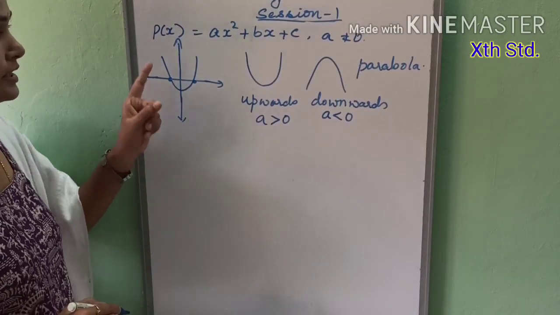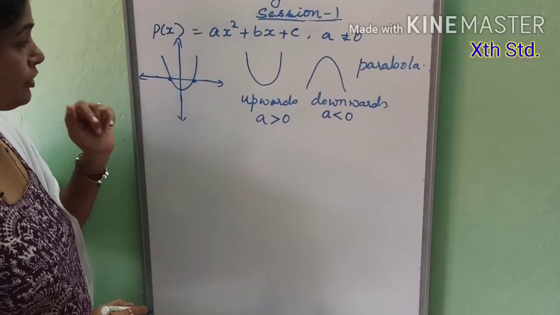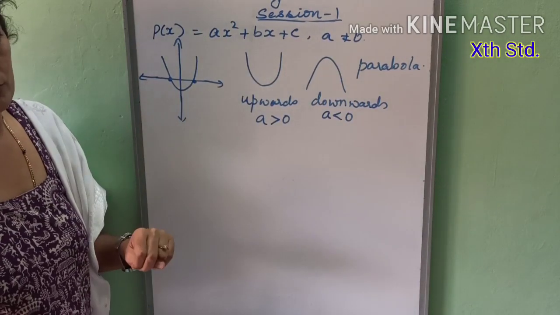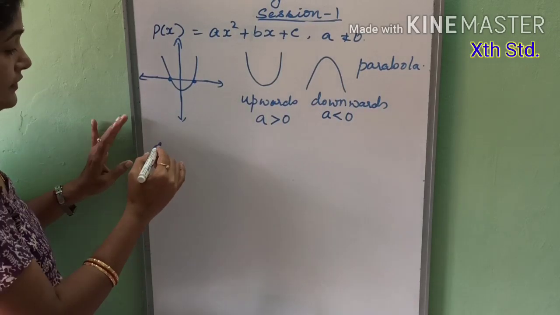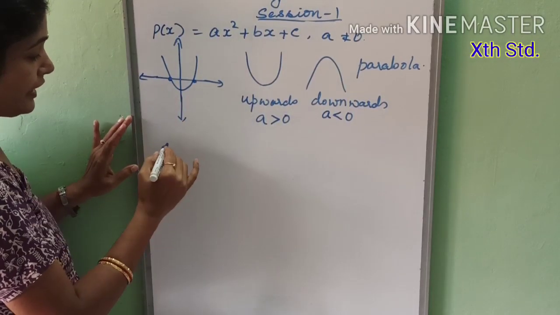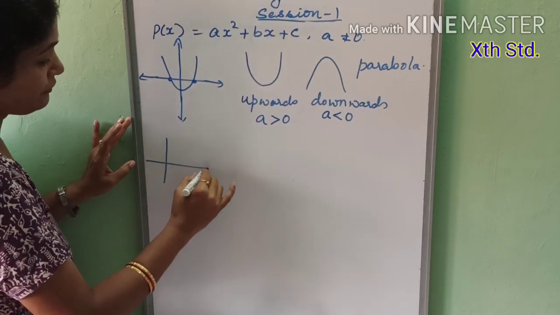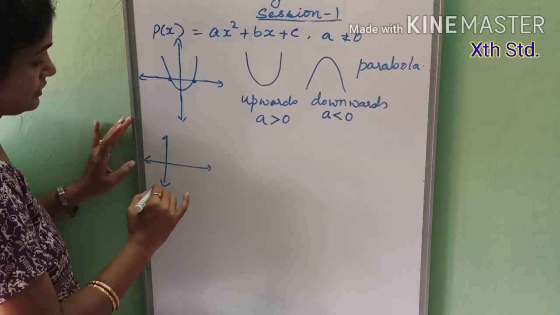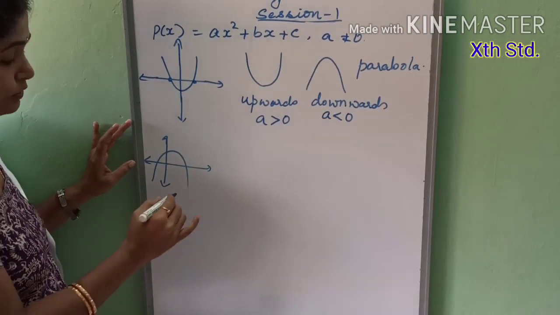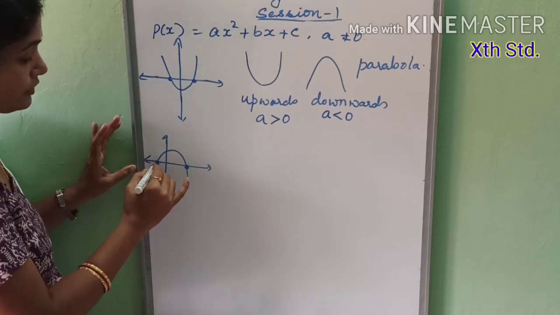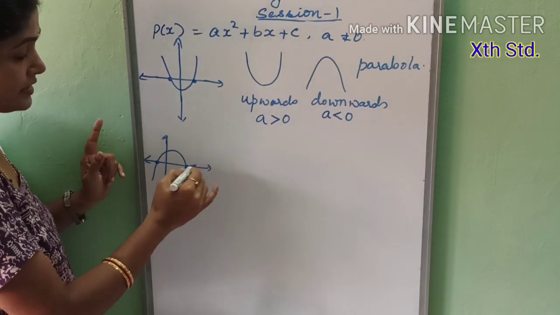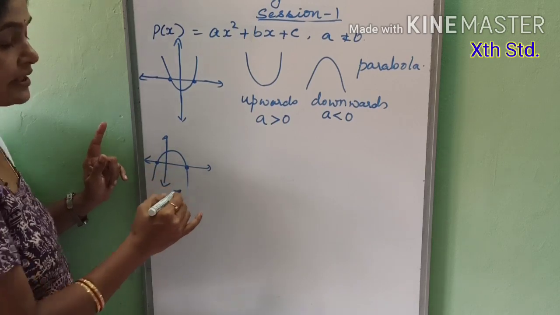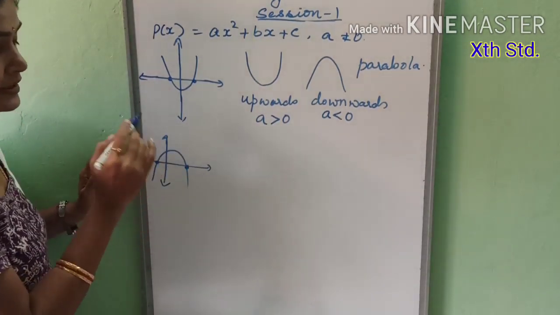So a given quadratic polynomial has two solutions. Sometimes there may be a variety of cases in this. One of these I have shown here. Sometimes the graph may be downward. You locate these points here also, but in these two cases, the x-axis is being intersected at 2 points by this curve.